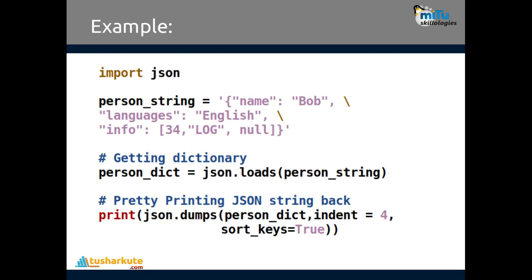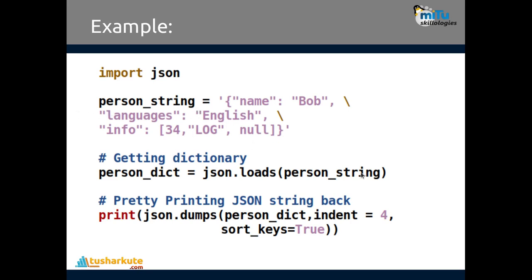And now let's see, there is a concept called pretty printing. If you work with MongoDB, you might know it. With the help of pretty printing, we can print the data perfectly on the screen, not as single-line printing. I'll show the output here. First of all, it's very interesting that I just stored the data in string format first. Here name Bob, languages English, and so on. It's string data actually, which I have stored inside the variable person_string.